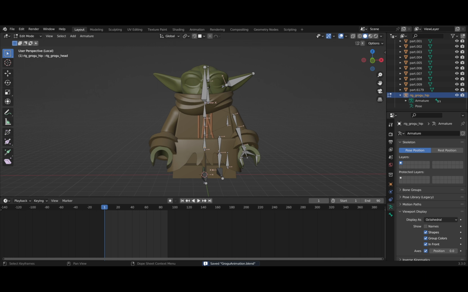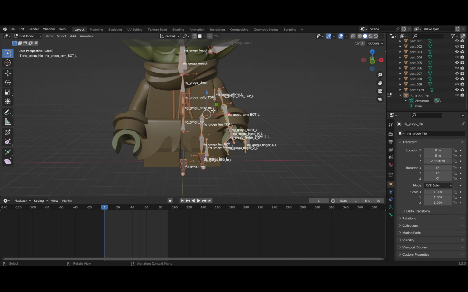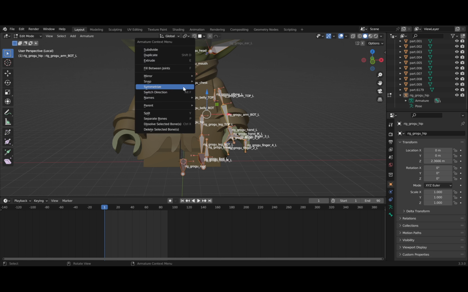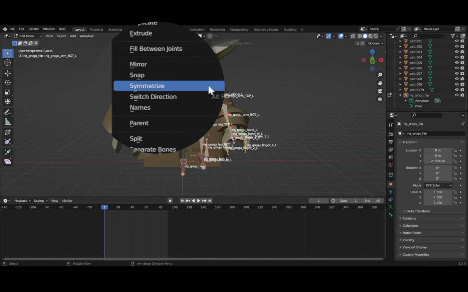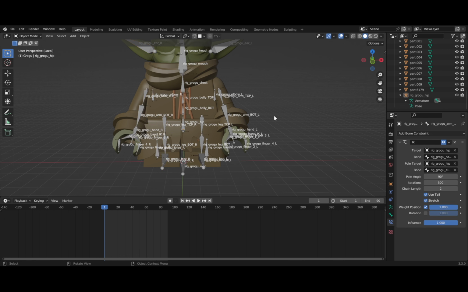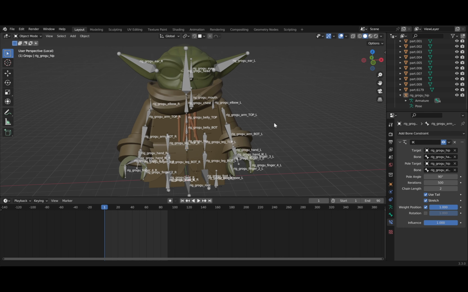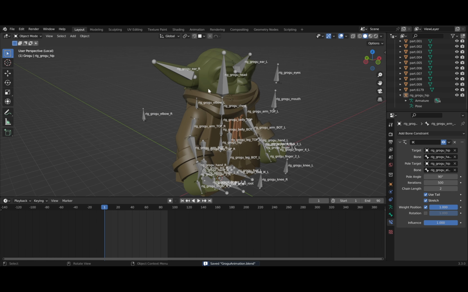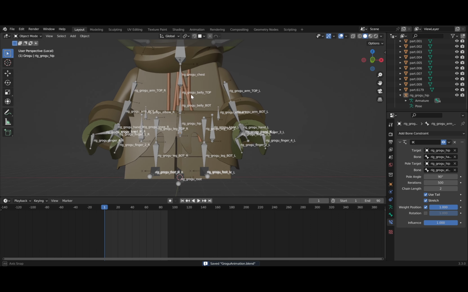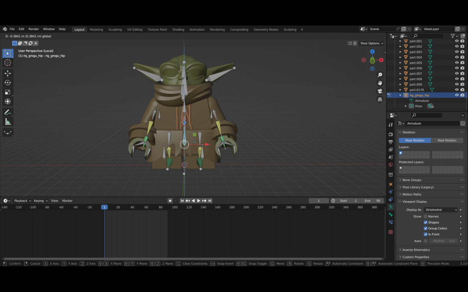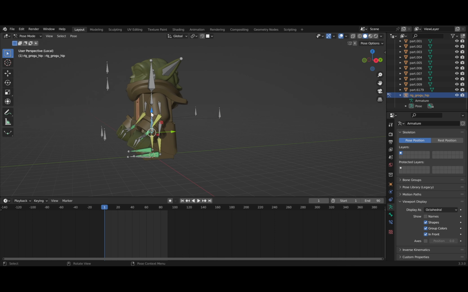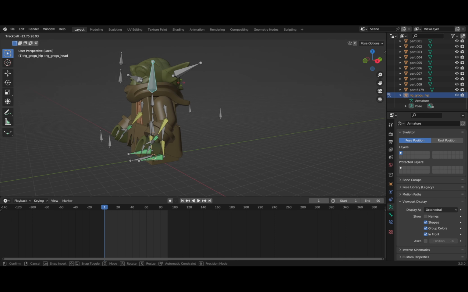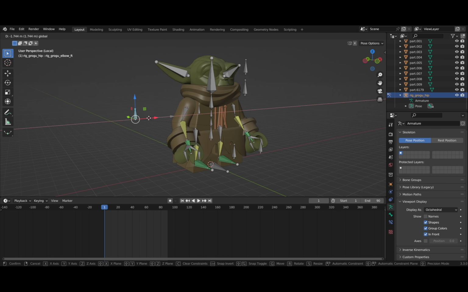Next, it's time to witness the miracle. Press A. Select all the bones. Right mouse click to call out the menu. Select Symmetrize, and then you can see that Blender has created all the right half of the bones for us automatically, and with the R logo in the name of the bones. That's why I asked you to name the bones properly before. And it's not just about creating bones, it's also about copying all the binding and constraint settings, which is very convenient.